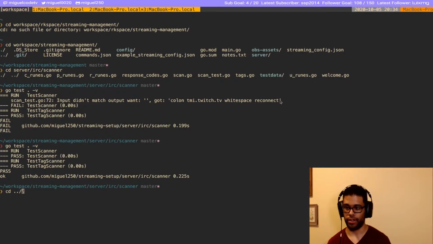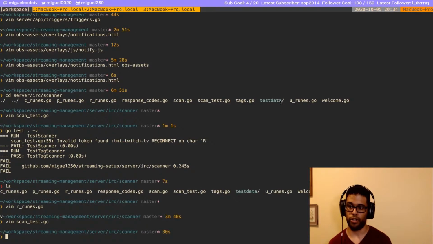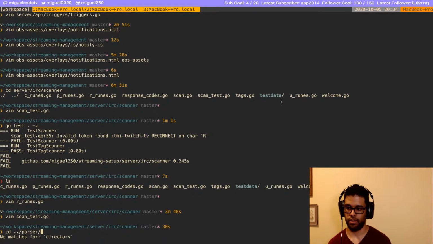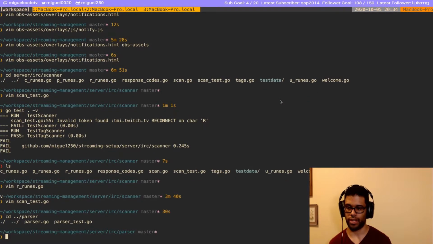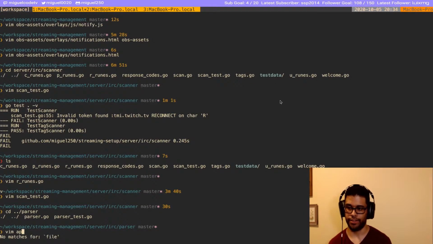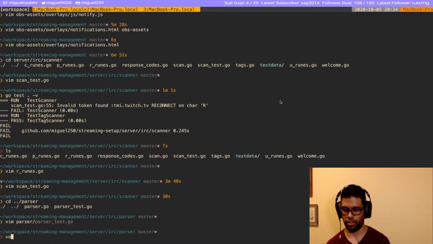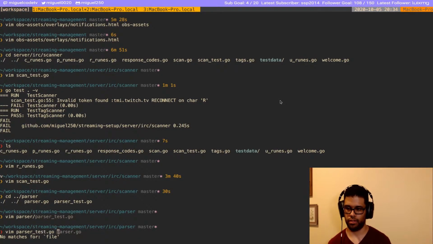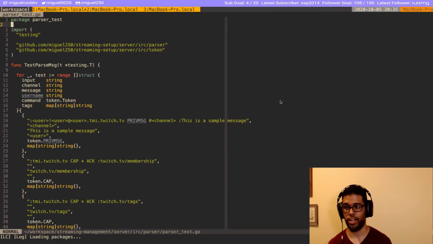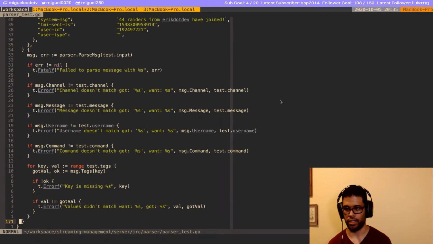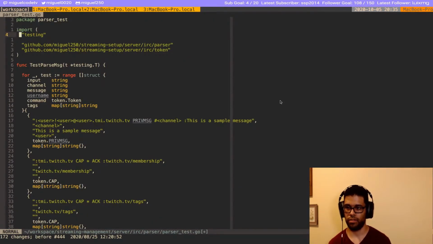Now the other part that we have to do is teach our parser how to handle reconnects. So our parser right now doesn't know. So if I go here and I add parser test, cool. So if I go here and then I add a new case, I don't want to change this.